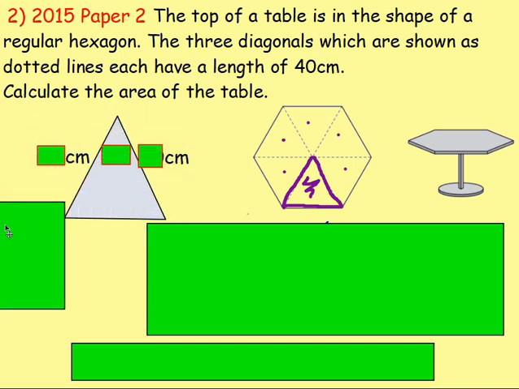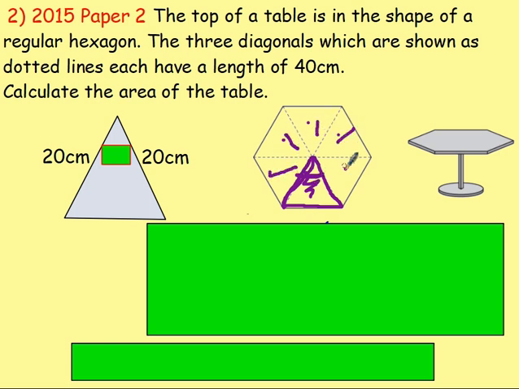So if you take just one of those triangles, what would the length of the sides be in the triangle? How far is it from here to here? Oh, it'd just be 20, because the whole dotted line is 40. So that bit's 20. And the other bit is 20. Woo! And the size of the angle. How would you work out the size of the angle? Chloe, what do you think you would do? Would you do 360 divided by 6? You do indeed, yes. You do 360 degrees divided by 6 means that one of these angles is just 60